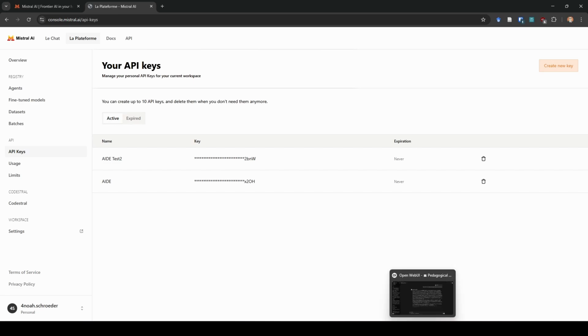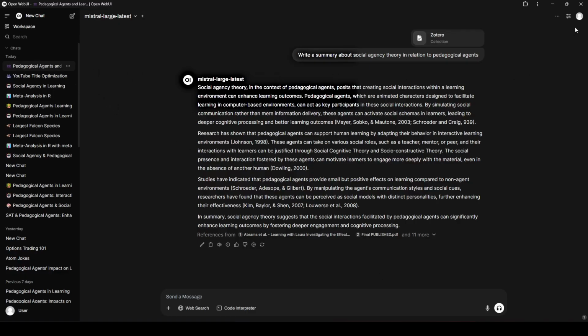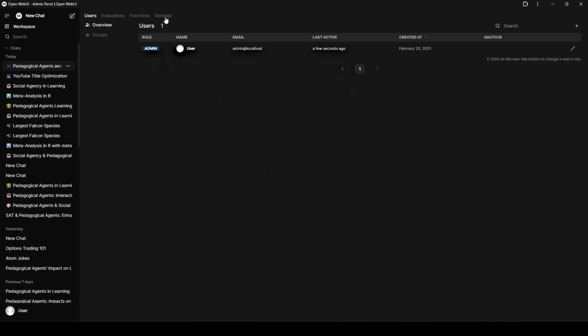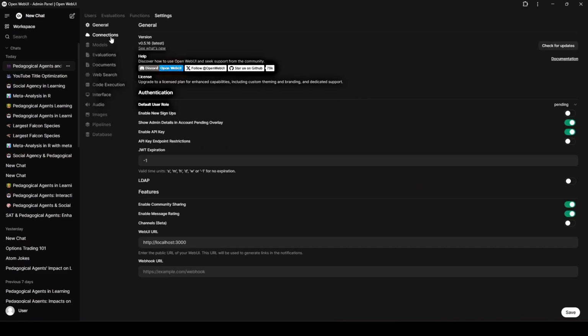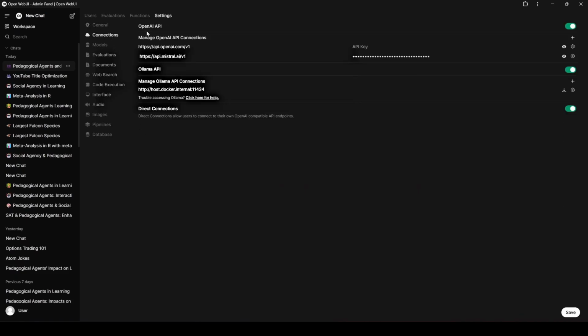So now we're going to go back over to Open WebUI. Over here on the right-hand side, it's got this picture of a little head, basically a little person. So we're going to click that, and we're going to click Admin Panel. From here, we're going to go to Settings, and then we're going to go to Connections. Now the first one here is OpenAI API, and it says Manage OpenAI Connections, and it has this address here